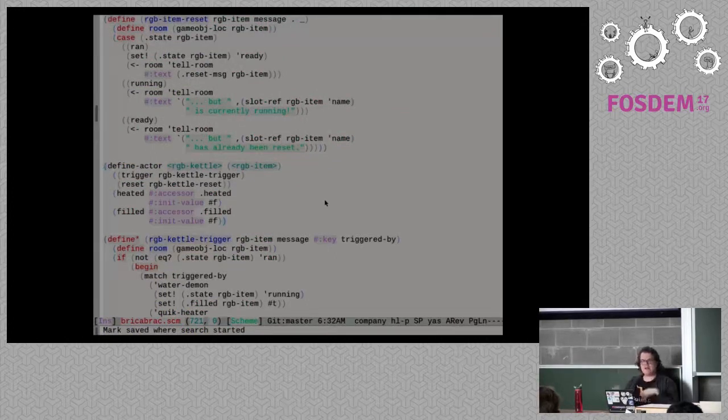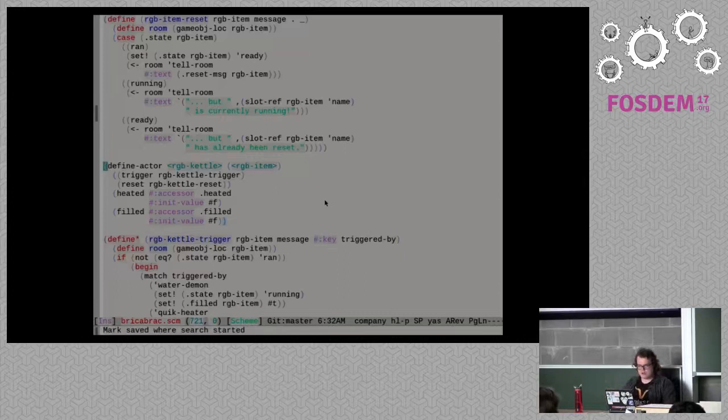You can use it in a fairly imperative fashion. I did have a patch to the list that allows you to use it in a more functional fashion, kind of like SRFI 9 GNU. But what's nice about it is that when you redefine things, if you add new fields or change things about an object, it won't break the existing objects. And that's really good for live hacking, so that's why all actors are based on GOOPS.